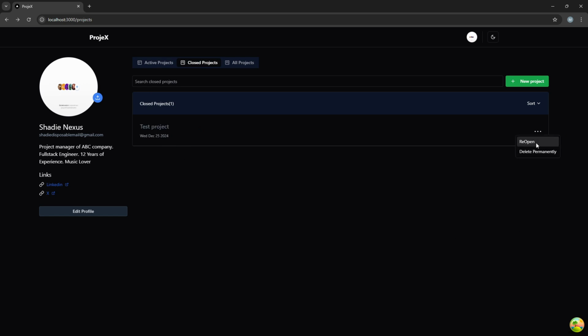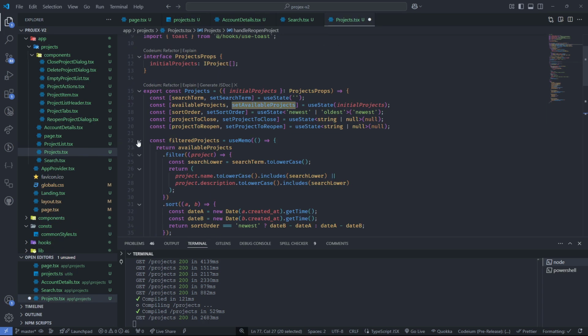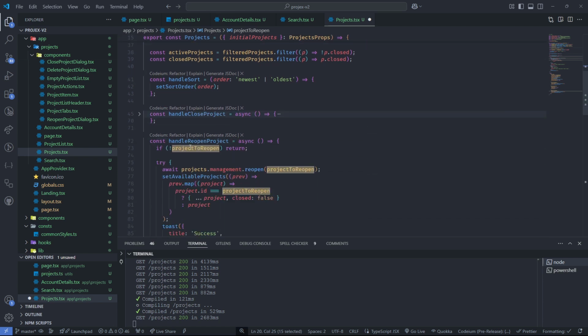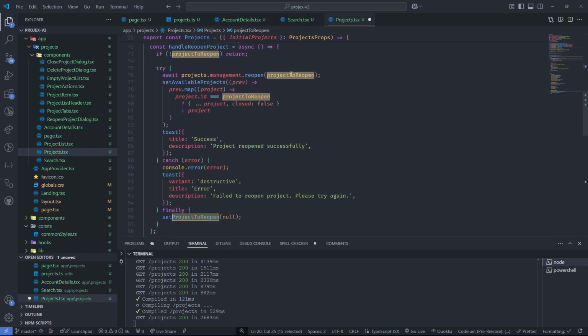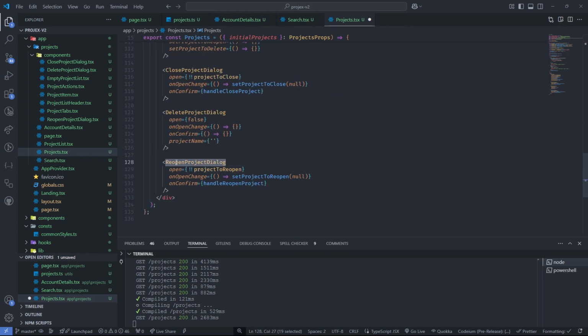Right. Let's also implement reopen. Since we've closed the project, we should be able to reopen the project. Very similar to closing of the project, because we are just going to set that close to false. I have also, let me collapse this. I have also added one more state here, project to reopen, and then we check it here, we pass it here and here, and we also make sure that we get it passed to its dialog, right, which is down here. So very similar to the project to close one,